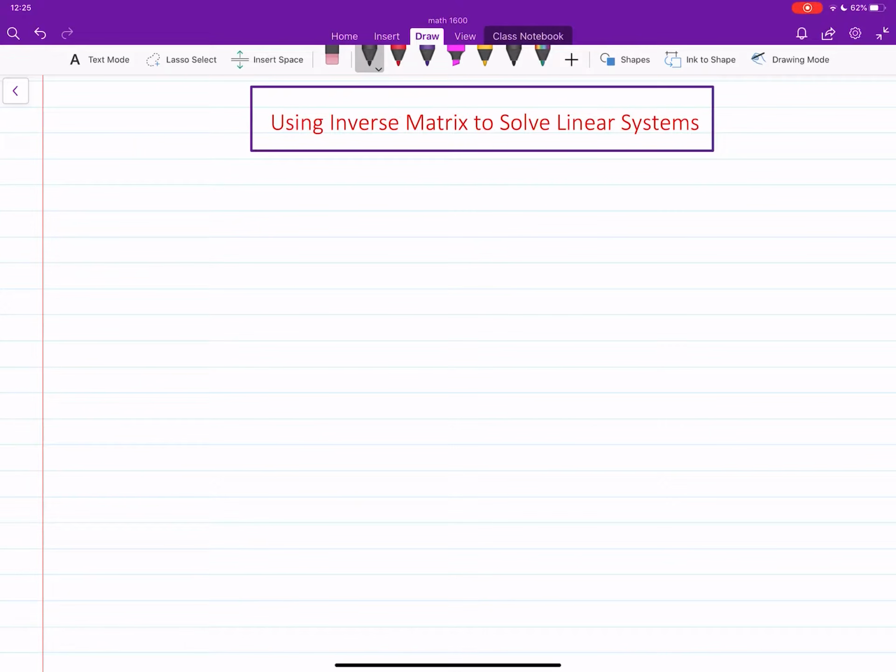Hi, in this video we will learn how the inverse of the coefficient matrix of a linear system can be used to solve that linear system. Well, we learned that a linear system can be written in the matrix form where we have a coefficient matrix times x equals a constant term vector. Then, if A is invertible,